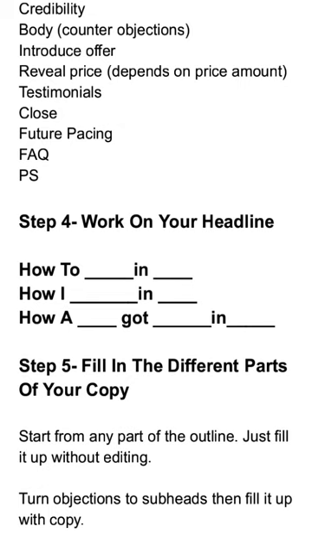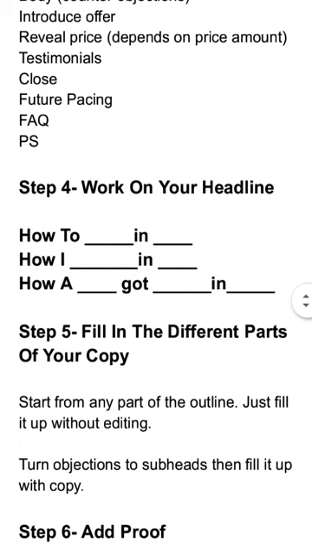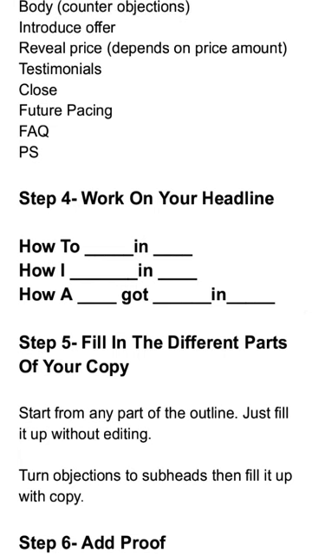How to do this without this, how to do this using just this, how to do this without this in this amount of time. These are templates you can use. That's the direct how-to headline. But there are 2 other kinds of headlines you can use. That is a story headline that has to do with you. How I made 200 million in 1 year using my phone and a 3-step secret system. That's an example. You're talking about yourself.